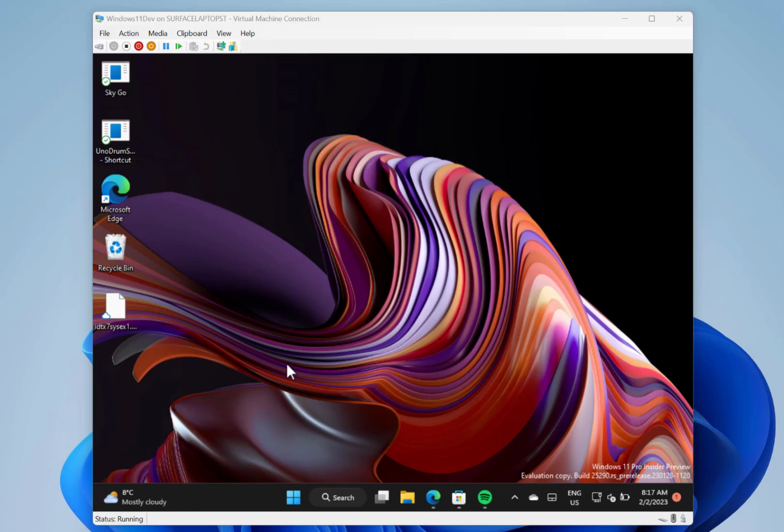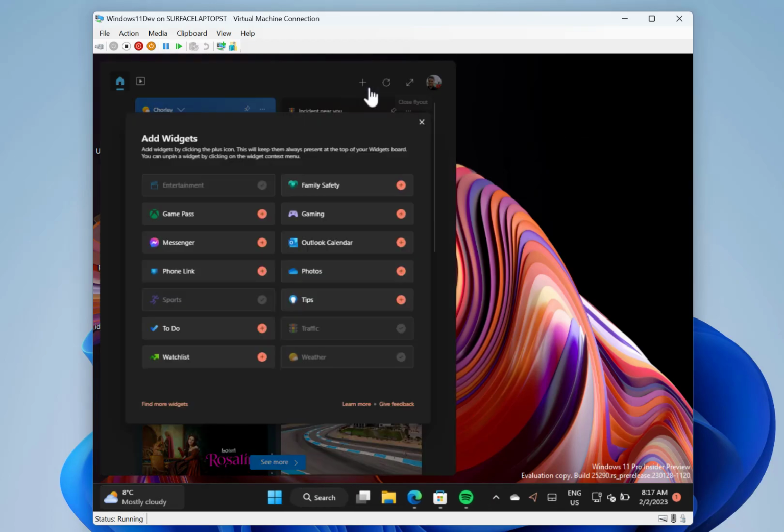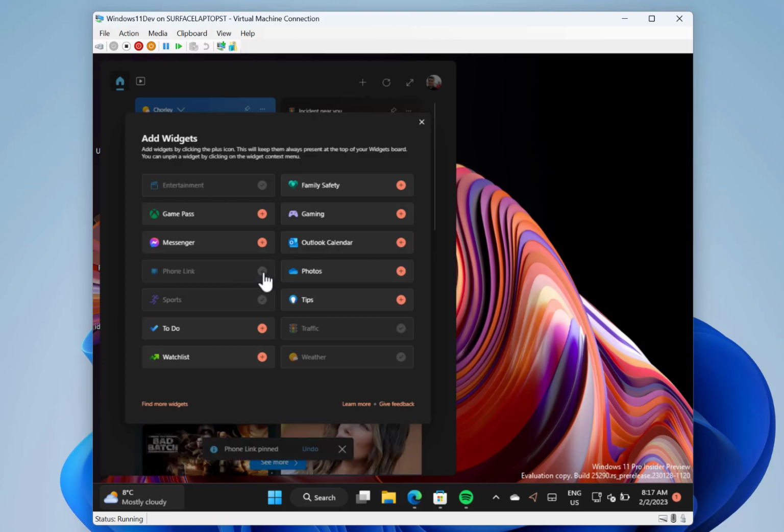Now the main change of this is a couple more widgets. If you go down to widgets and you can add widgets, and you'll see here, last week I showed you the Messenger one which you can add, and I did a separate article but not a video about Phone Link. So you can go like that, add Phone Link. What that means when you've done that